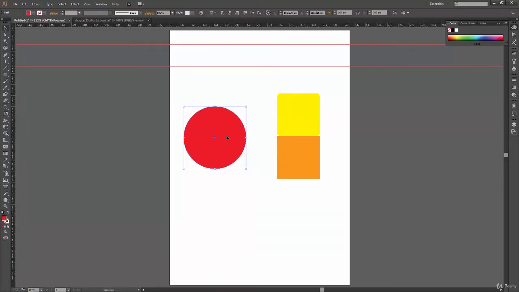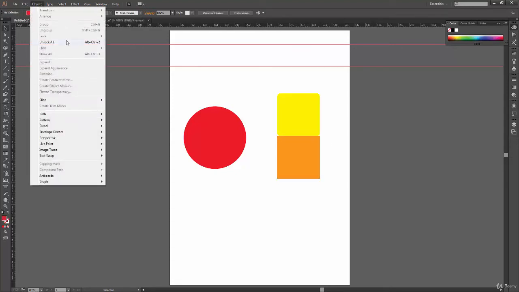Now again the same problem. If I want to unlock a particular shape, I cannot do that because you cannot select a shape and say unlock this shape. So all you have to do is press Ctrl Alt 2 to unlock all, or go to Object and Unlock All from here.